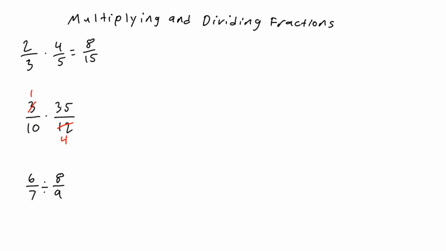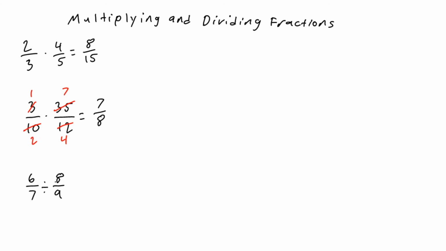We can do the same thing with 10 and 35. They can both be divided by 5. So 35 divided by 5 is 7, and 10 divided by 5 is 2. So now we've got 1 over 2 times 7 over 4, and it's the same thing we just reduced. So 1 times 7 is 7, and 2 times 4 is 8. So we have 7 over 8. And then finally,